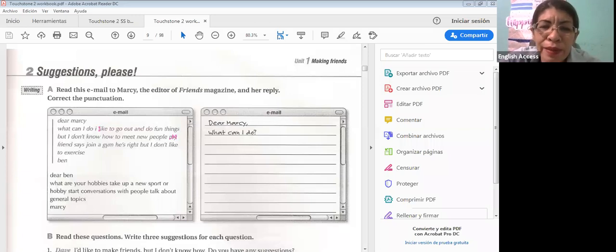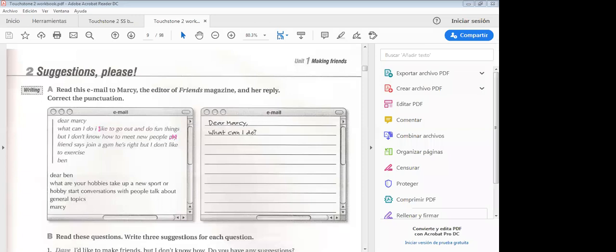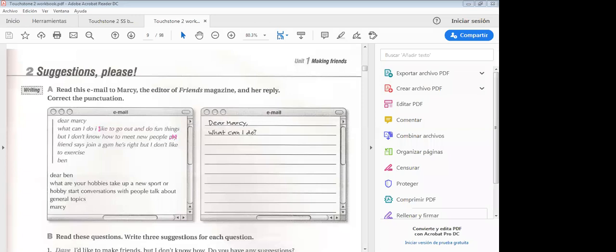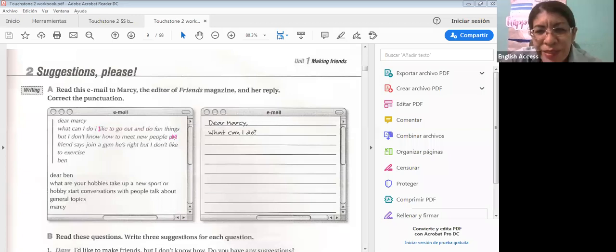What do we need here? Dear Ben. A comma. But at the beginning, it says, Dear Ben. Is it correct? Like that? Yes, Luis. Capital D, capital B. Dear Ben. And then,